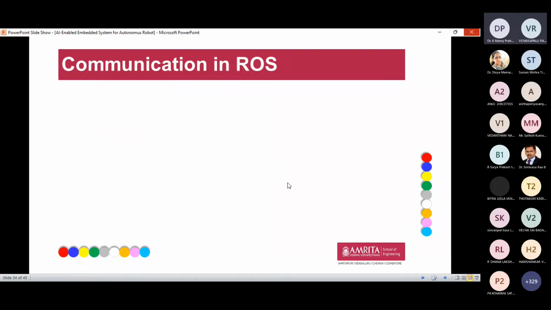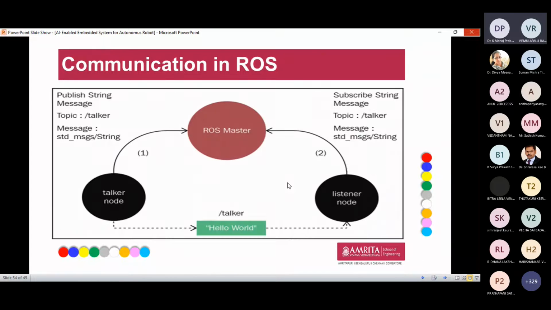And next is communication in ROS. As I said already, it is the same process. Here we have the talker node and the listener node. The talker node sends the token, that is your service information. The ROS master checks which client is activated. Once the client is activated, it sends information to the talker node, and the talker node sends the information directly to the listener node. It's a talker saying hello. So this is a basic introduction to basic communication in ROS. It is the same step whenever we are doing any task. So this is the process of ROS in robotics.